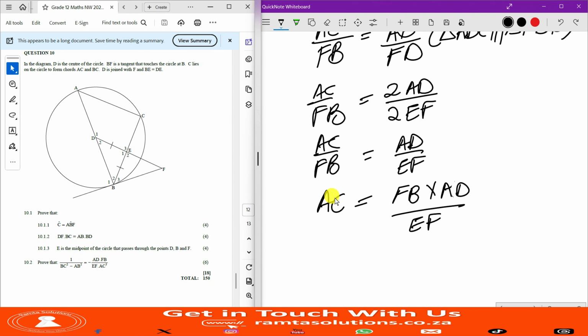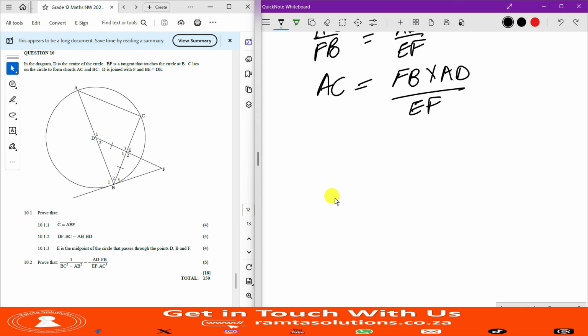A part of me says, let me divide by, or multiply by 1 over AC squared. So 1 over AC squared multiplied by AC is equal to,